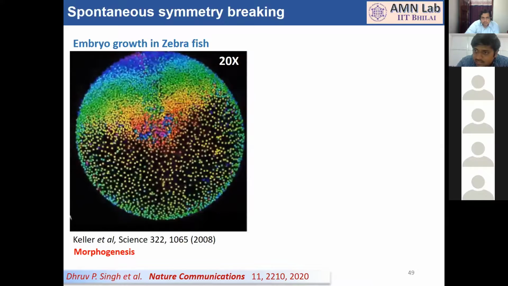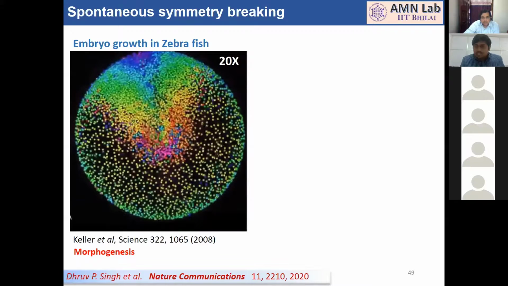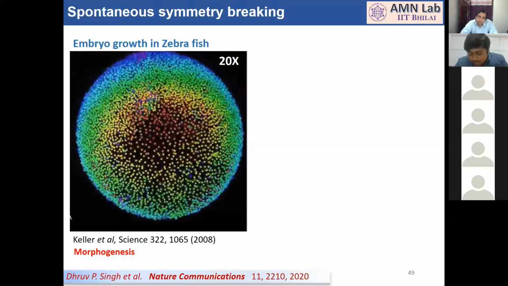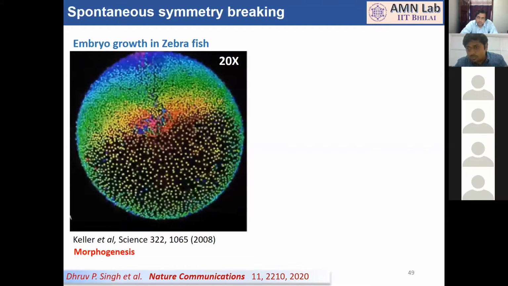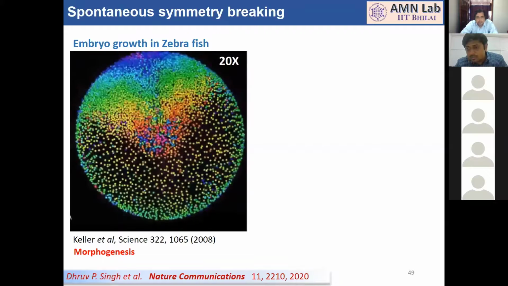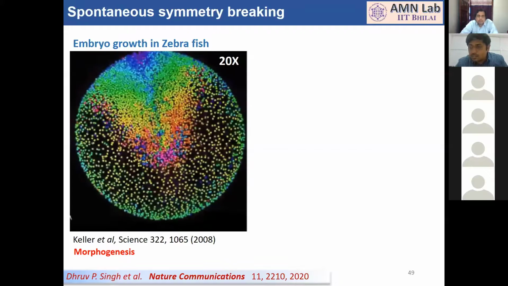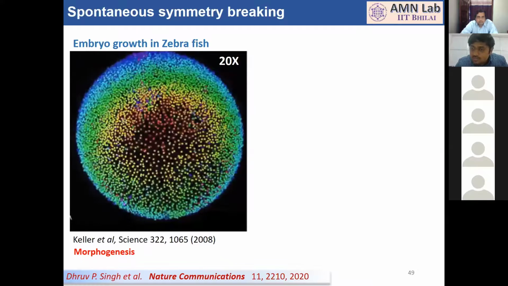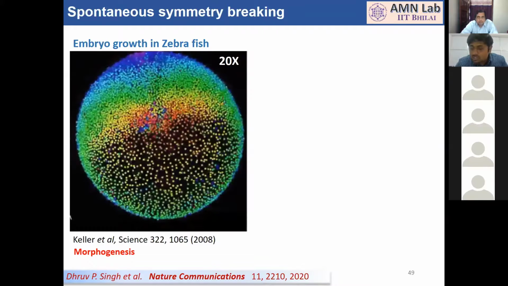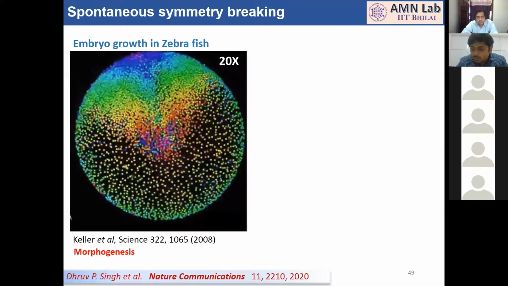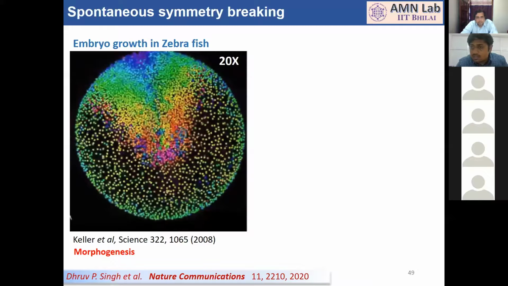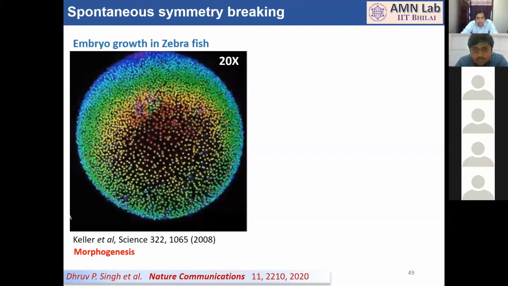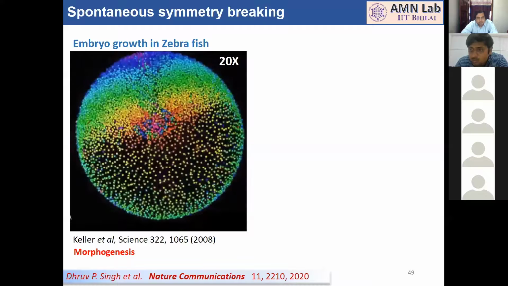It's called morphogenesis. If we can understand the physics of these phenomena, meaning why it's actually happening, then we can solve some critical problems, or we can solve many diseases at a very early stage, during the growth stage of the embryo, by just using the concepts of physics, like changing the viscosity of the medium or changing some other properties of the medium without going through biological methods. With this motivation to understand these behaviors, how and why they happen,